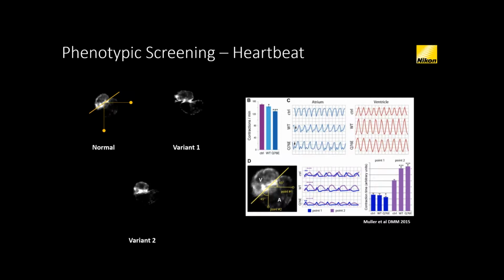Again, this is live data, and this is looking at different variants of genetic variants that affect cardiac behavior, cardiac output, and atrial fibrillation. And what can be done is you can image the zebrafish heart, which is actually quite accessible because they're somewhat transparent at certain stages. And we can take the normal heart and create these vector maps on top of the imaging data, and then we can apply those to the normal and the variants and generate quantitative information